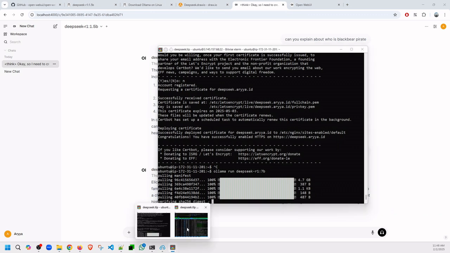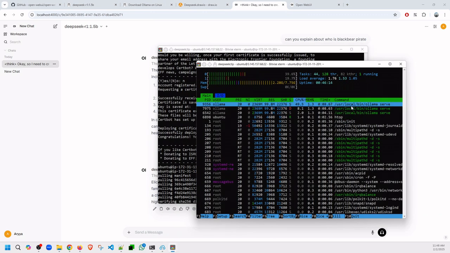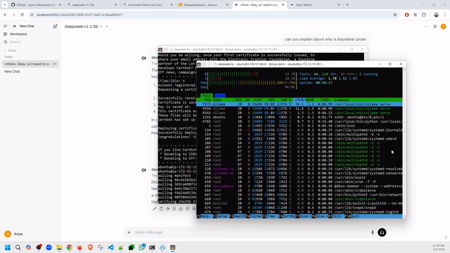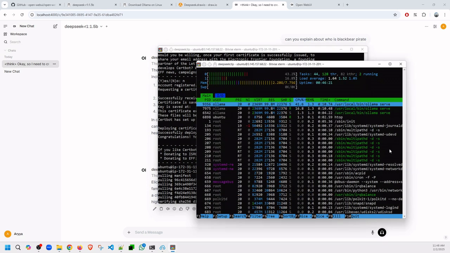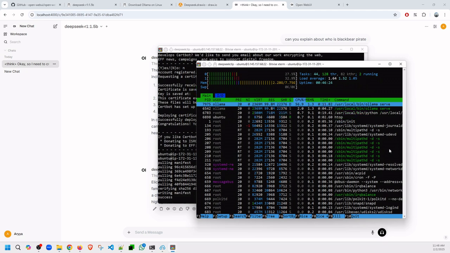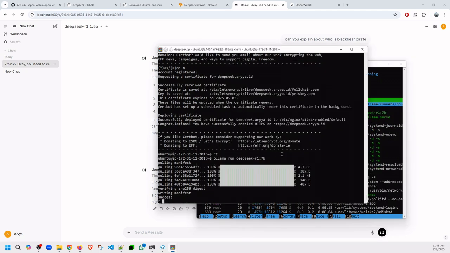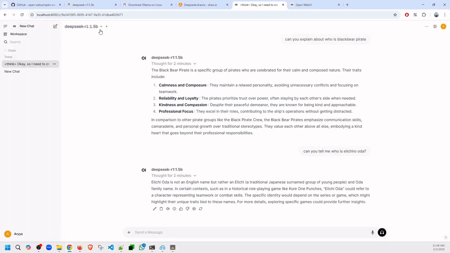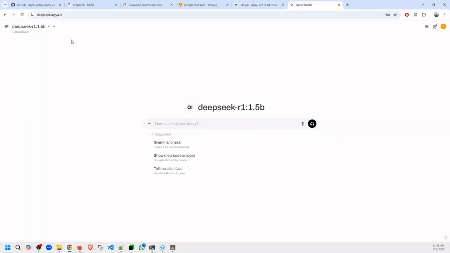Still verifying. Okay, success. Let's reload this. See, now we have this 7B. And here also, if we reload this one,